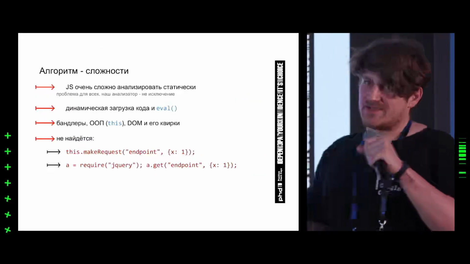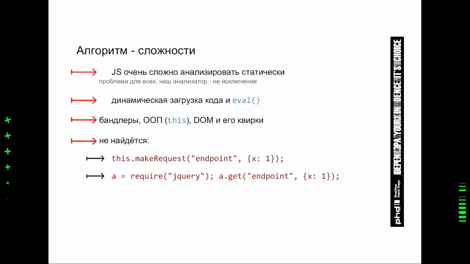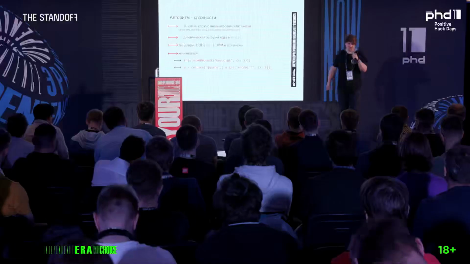So much for the algorithm, a very high level review of our algorithm. And obviously, it comes with certain difficulties. It's rather simplistic, so it is not universal. JavaScript static analysis is a difficult thing. JavaScript is difficult to analyze statically, and so here are the difficulties that we have. Dynamic download of eval code